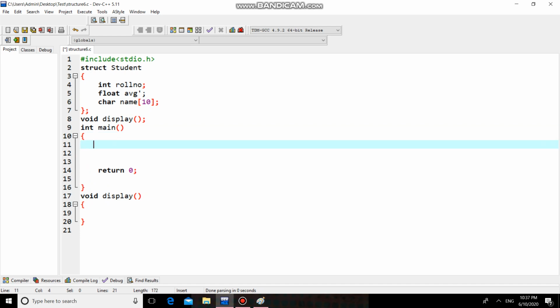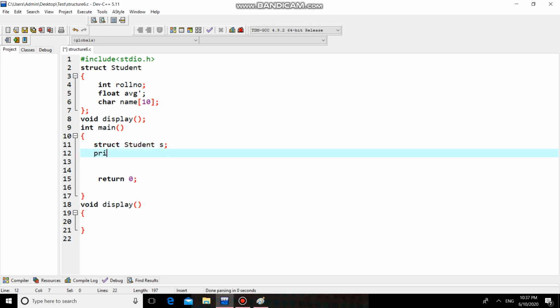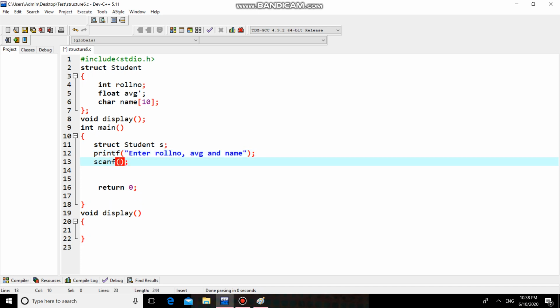Before that I am declaring structure variable ys. Let us read the values of the members of this ys, that is roll number, avg and name, with the help of scanf: percent d, percent f, percent s, with ys dot roll number, ys dot avg and ys dot name.